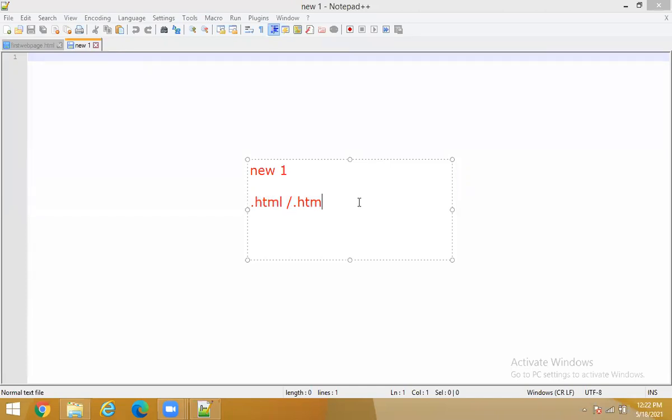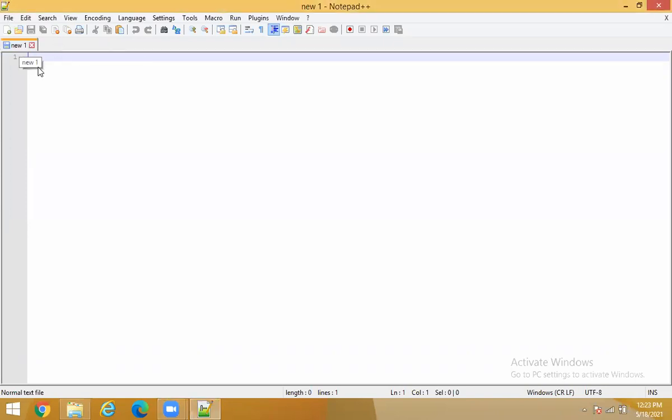So this is the first step. Remember, when you create a file in Notepad++, the first step is to save your file properly. I will show you the steps for saving the file. This is the new one file which is created.